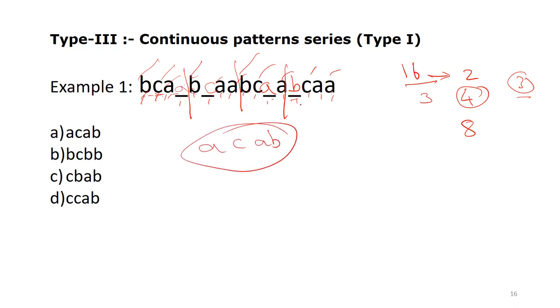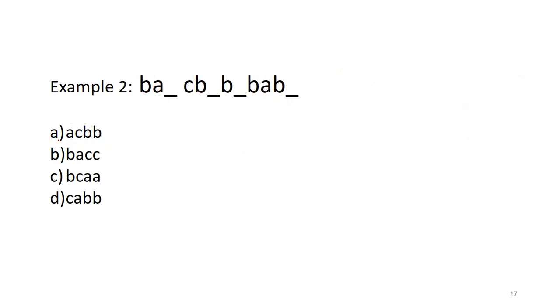Okay. So forget this number of letters, I'll come to this logic later. There are 16. So try to divide them equally. So 2 each, 4 each, 8 each. Whichever is applicable, you can do it. So answer is ACAB. ACAB is first option. Clear? That is answer. So let us move on with further examples. If you have any doubts here, you can always comment. I'll reply to it. Clear?